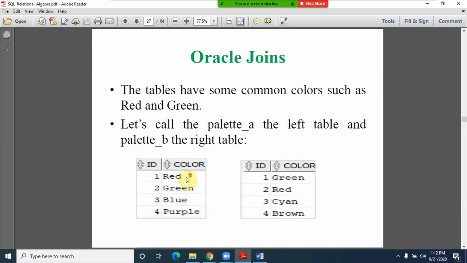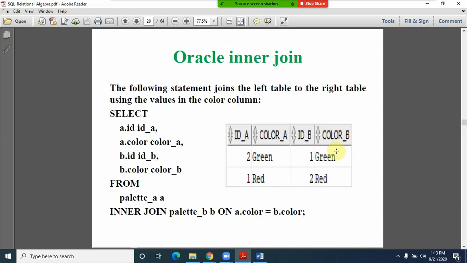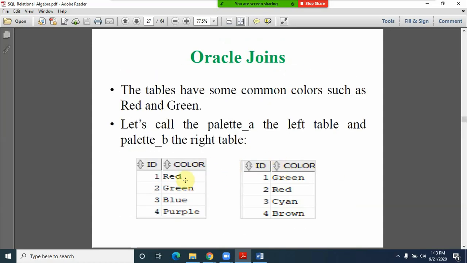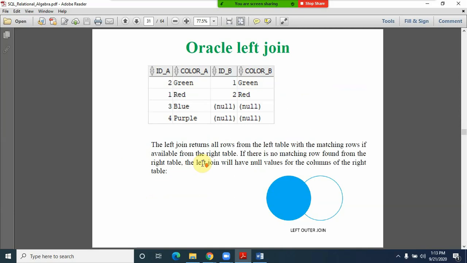You can observe here, friends, the first table is: red, green, blue, purple. All are outputted, but from the second table, only red and green are matched, and the remaining cyan and brown are not there from table A. So automatically in those two records we are having null values.